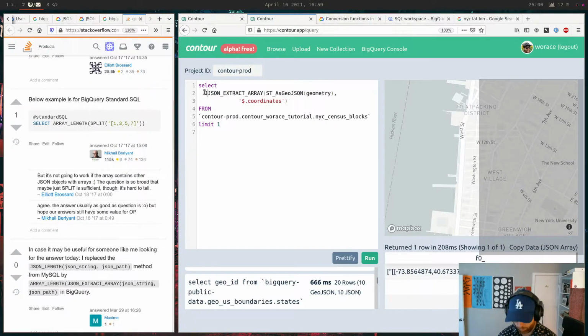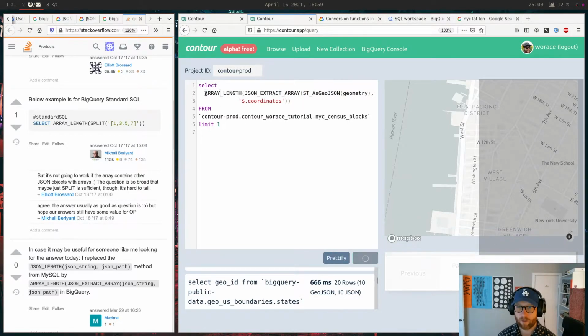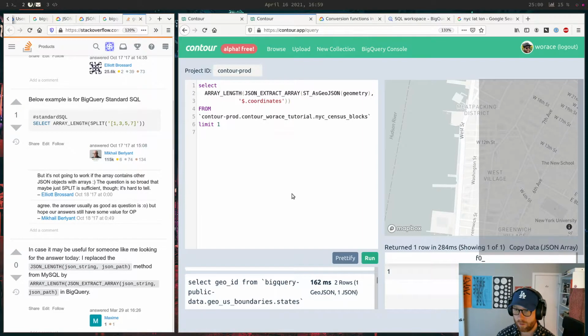This actually might work. JSON length. Oh, sorry, array length. Yeah, okay, so most of them would be 1, I guess. I don't know if that means it's actually working or not.